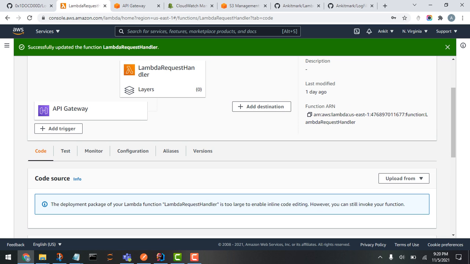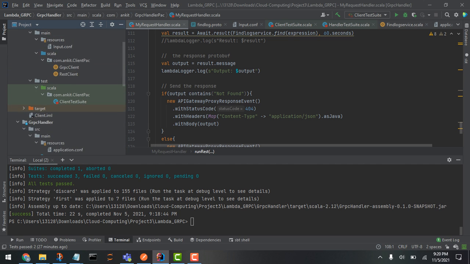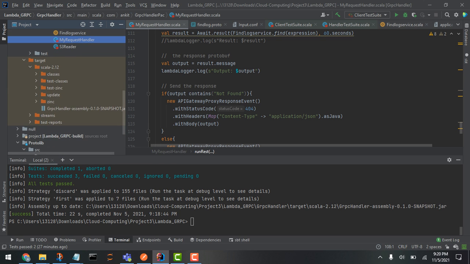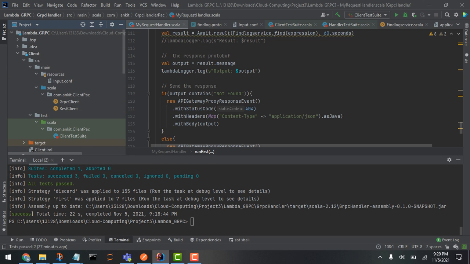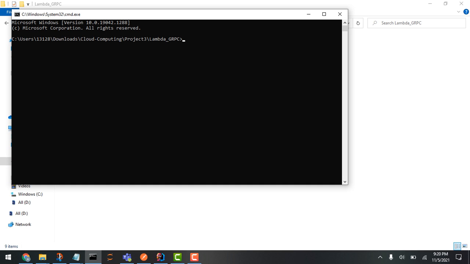So now we'll go and run the client code. To run the client code, we'll go into the project. So this is the project directory, and we'll run the client. For this, we can use sbt client run,